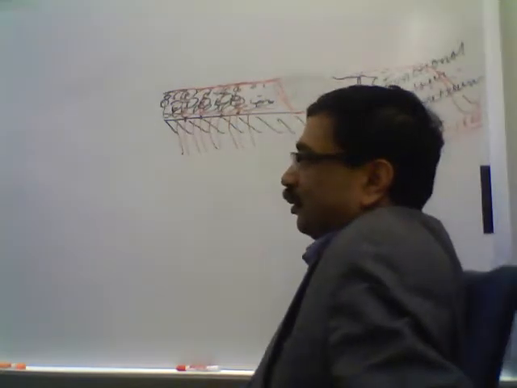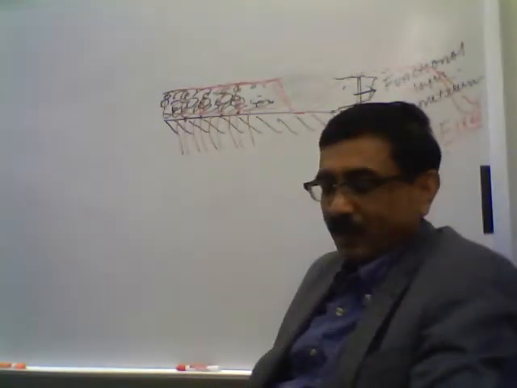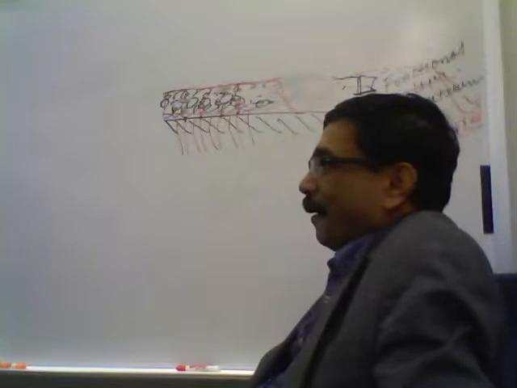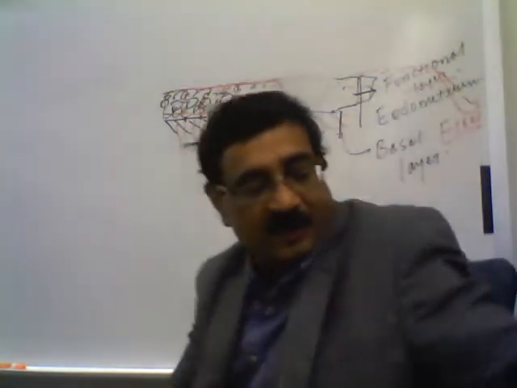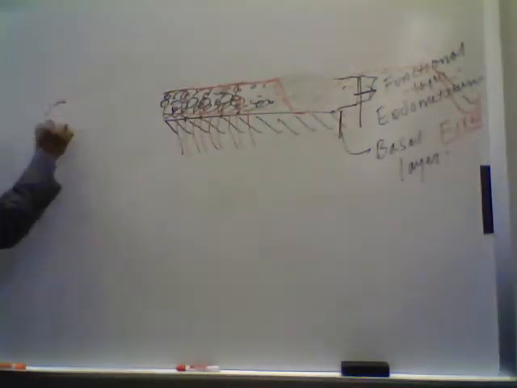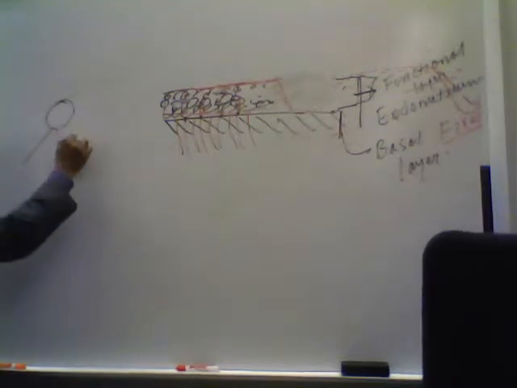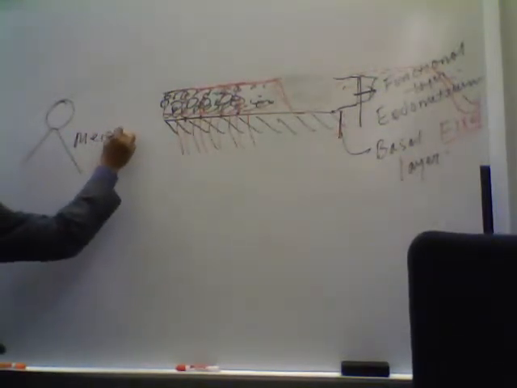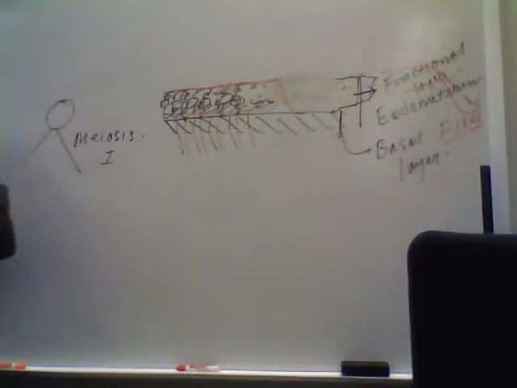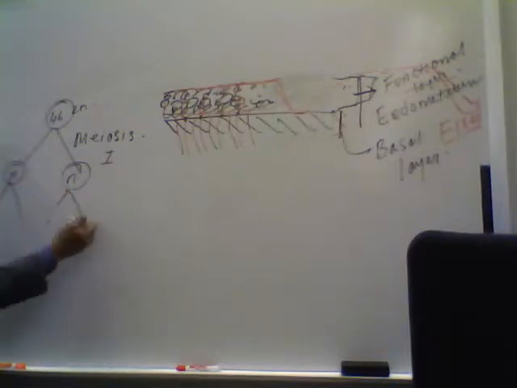And the result of meiosis, you know that meiosis occurs in 2 steps that I explained to you in last class, meiosis 1 and meiosis 2. First, meiosis 1, you must remember meiosis 1 is 46 or 2n, reduces the number to half, n. And then meiosis 2,